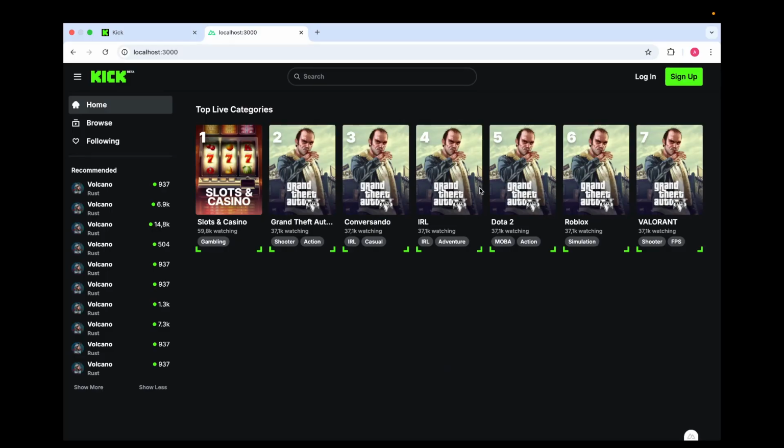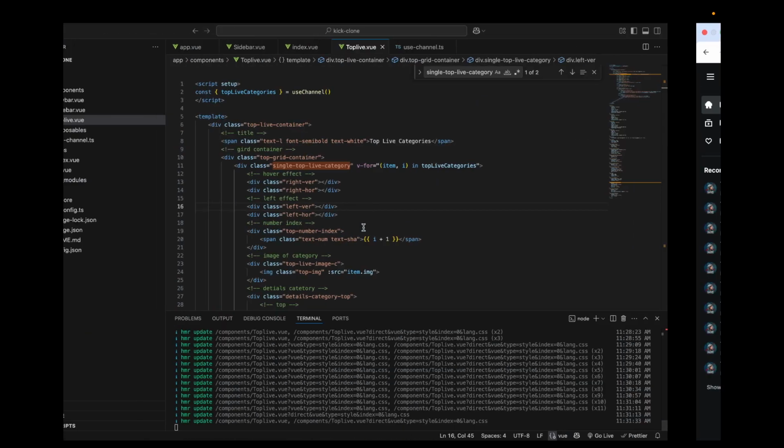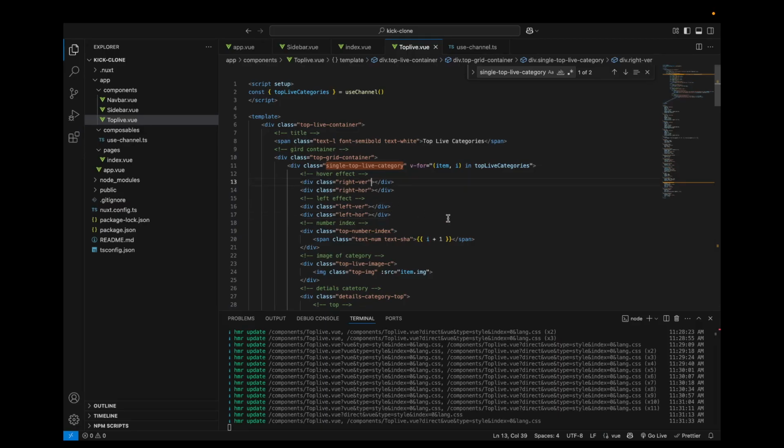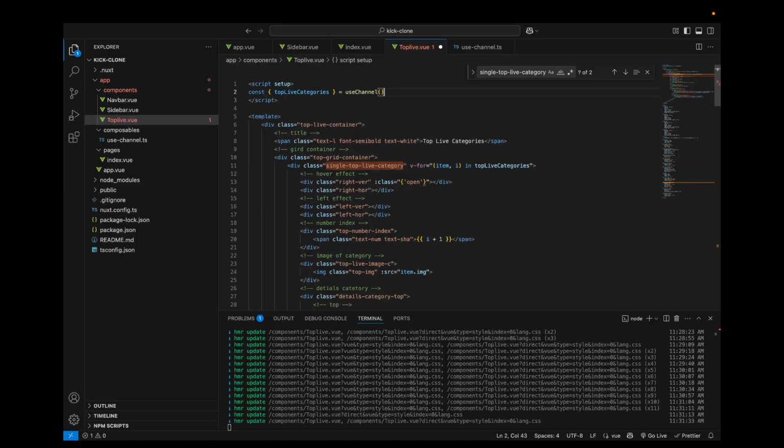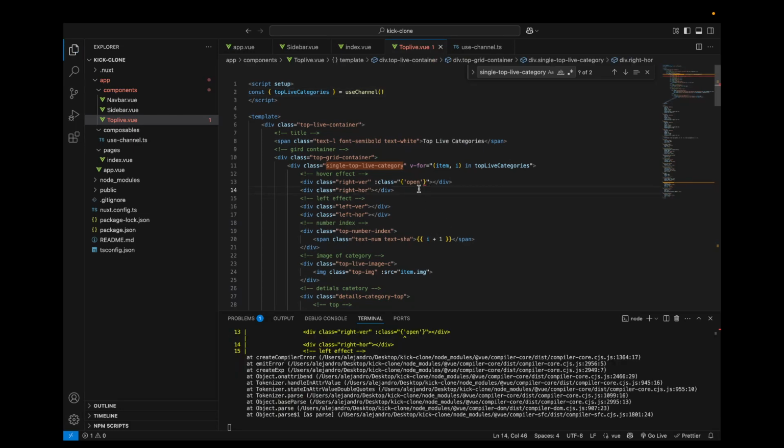Alright, now let's get that hover effect. So when you hover over a specific element, it appears. So we'll come right here. We'll give this a class of open. And we'll just call, actually no, we don't need this. Class of open when